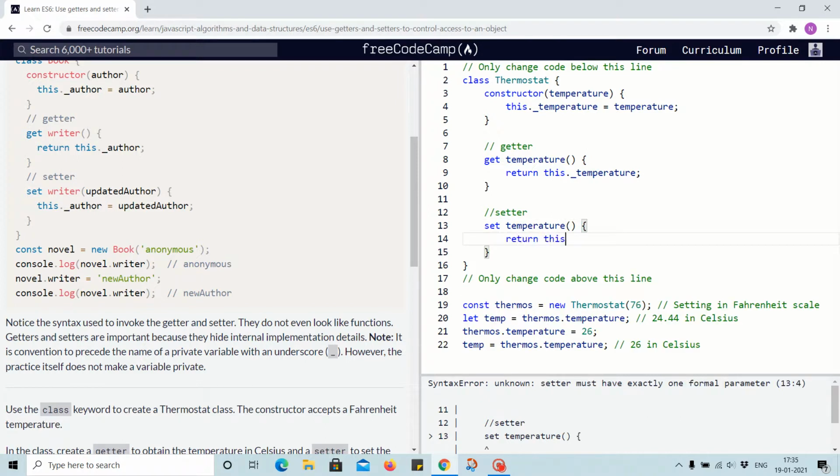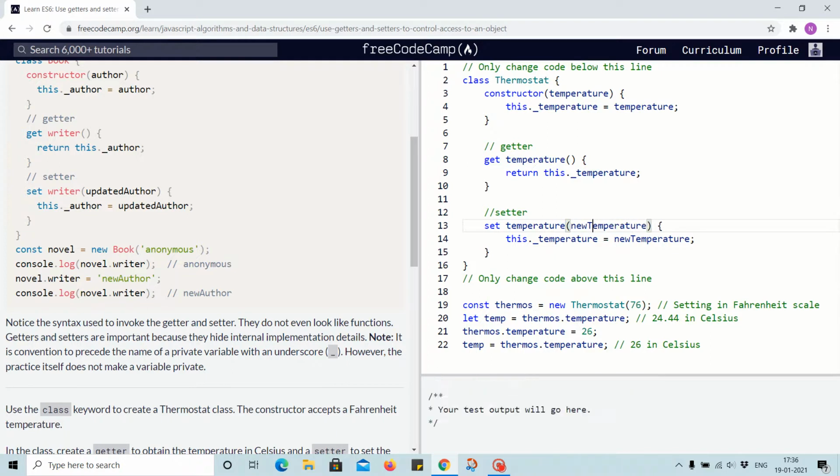Not return, here we will set the temperature, so temperature equal to new temperature. New temperature. Okay,